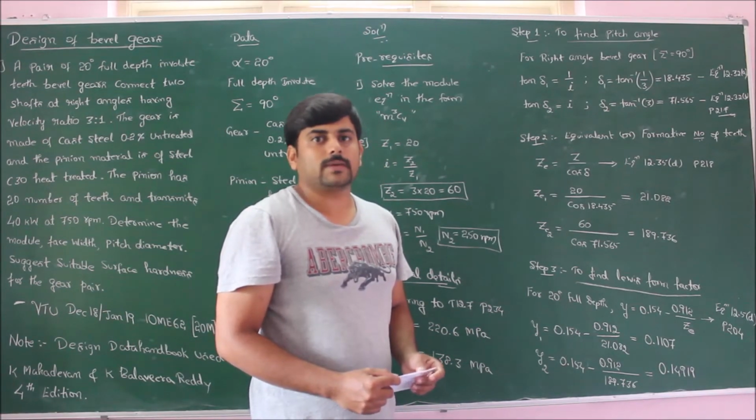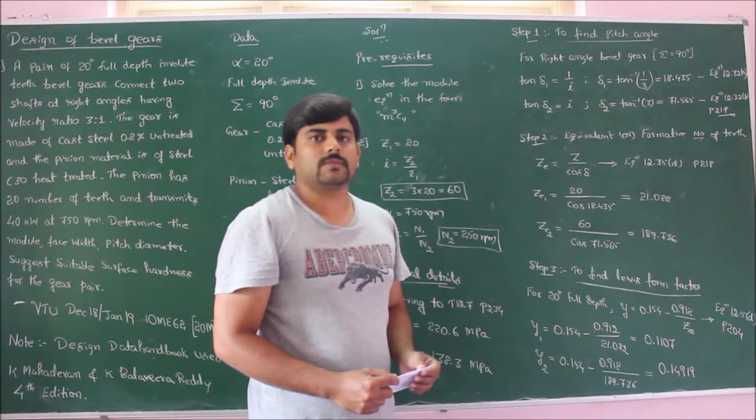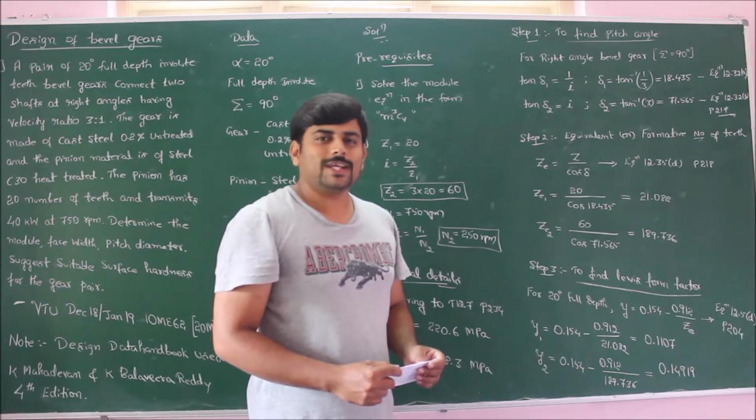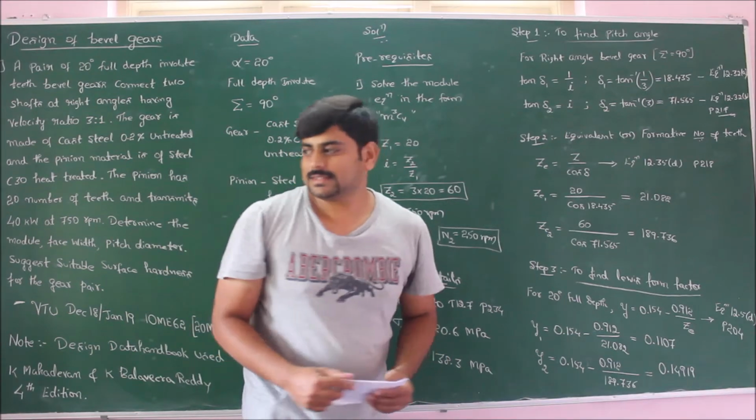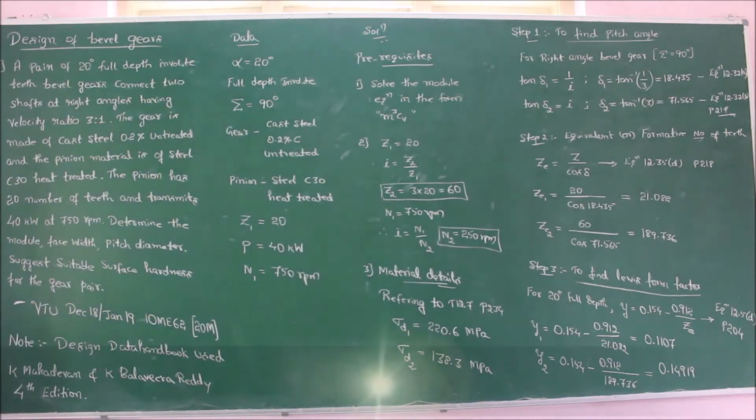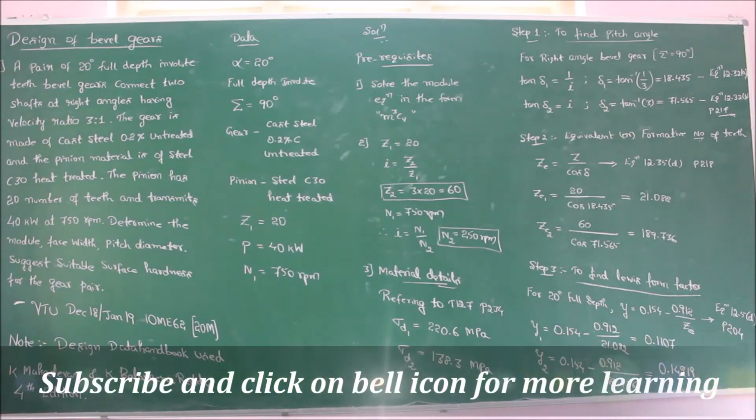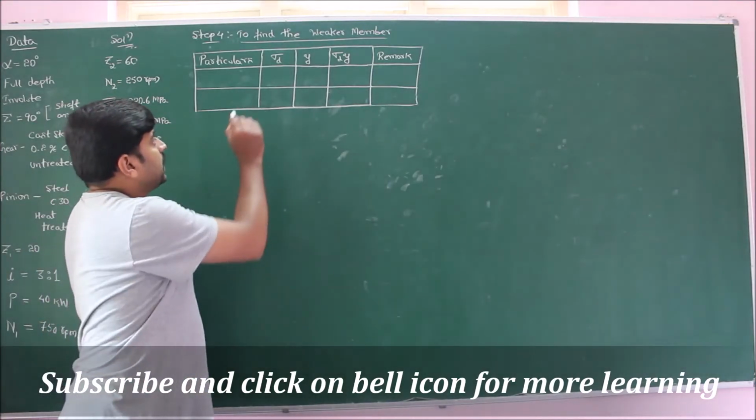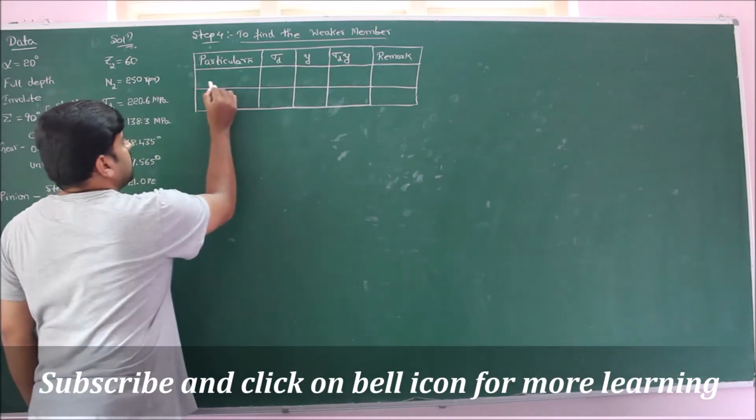determine the weaker member. So design should be based on weaker member. Now step 4 is to find the weaker member. Formulating the table to find the weaker member, under particulars we have